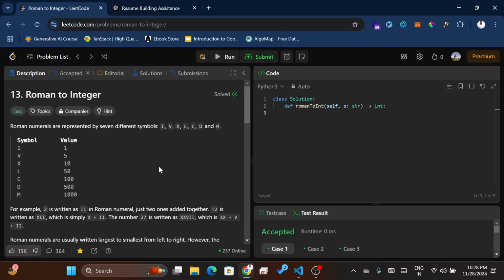Hey everyone, in this video we are going to solve this problem, Roman to integer. So let's start solving this problem. First thing that I'm going to do is create a dictionary that will store all the values for different symbols. So let's just call it symbol values, and in this I'm going to have I corresponding